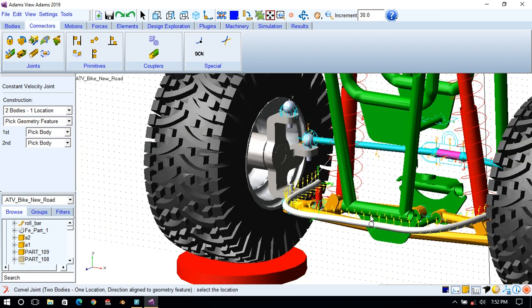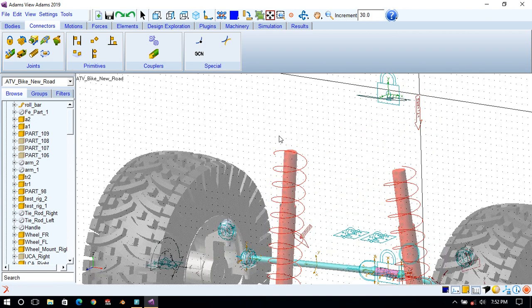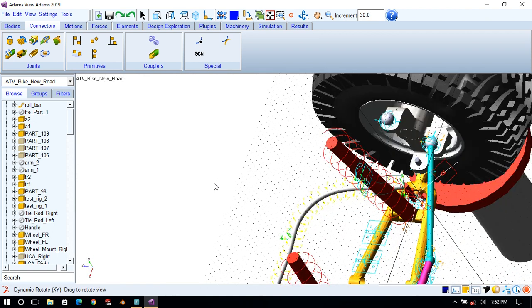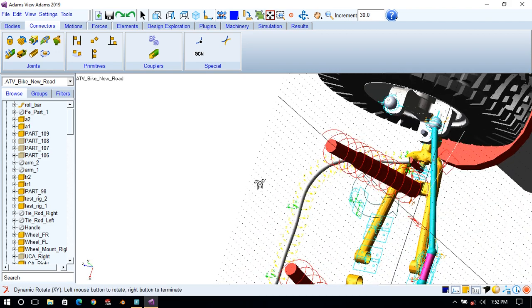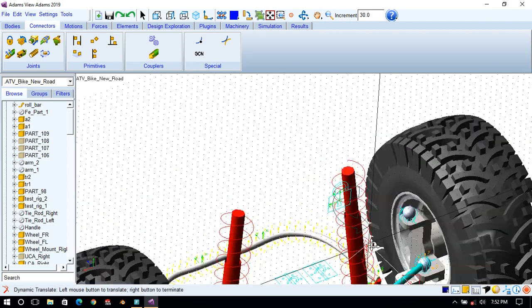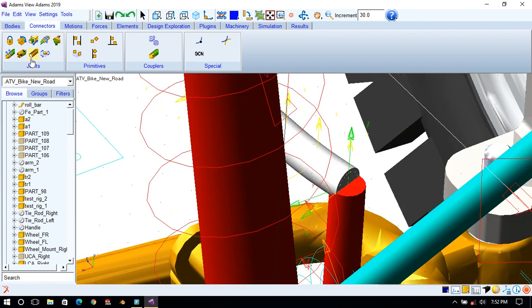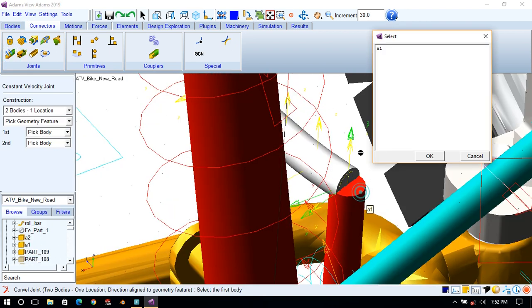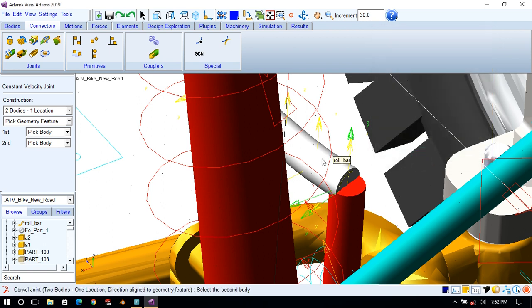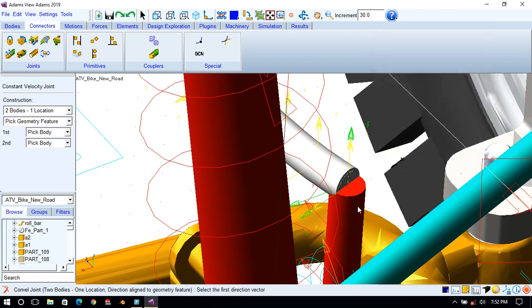What I will do, I will press escape, and hide this frame for better visualization. From this side we can see clearly. Press R for rotating. Now create CV joint. First body as A1, arm 1. Second body is this roll bar. Location at this center. You can choose the start node. Then you have to define the direction vector.